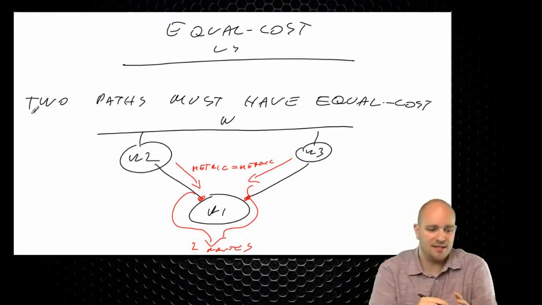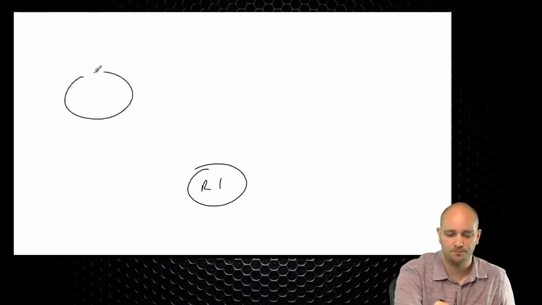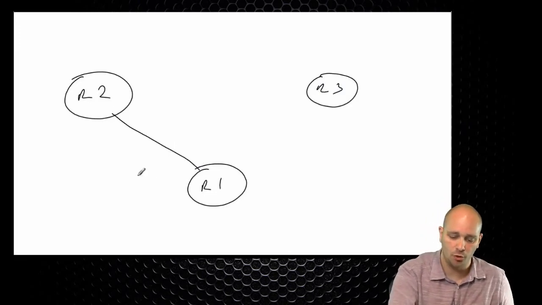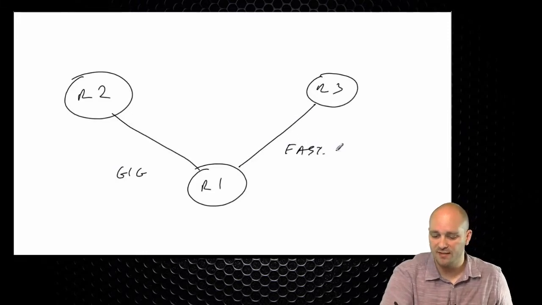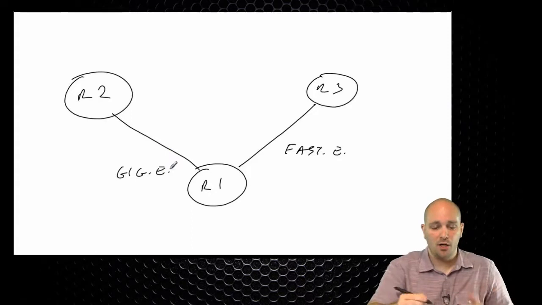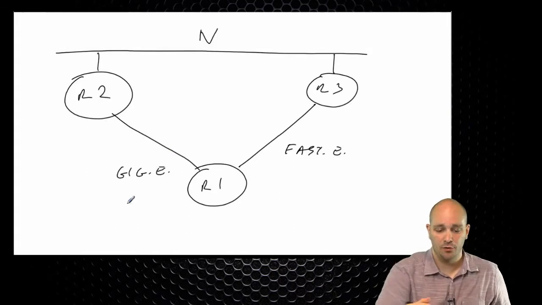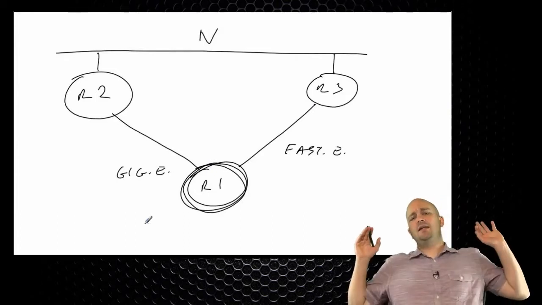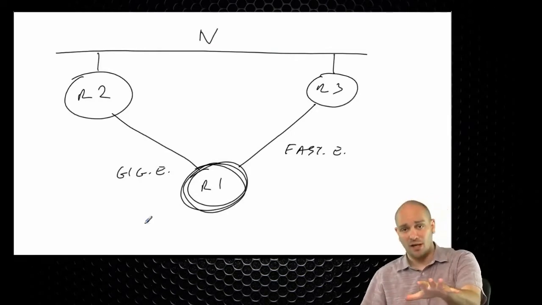But the danger there is that in the lab, they might put you in a position that they say something along these lines. Let's say that you have R1 that has connection to R2 and R3. Now, the connection between R1 and R2, let's say that this is a gigabit interface, and let's say that this here is fast Ethernet interface. Now, they're going to tell you, perform equal cost load balancing to network N through R2 and R3 from R1 in this case. And in almost 100% of the cases, when I have this in one of my 1-week lab experience labs,